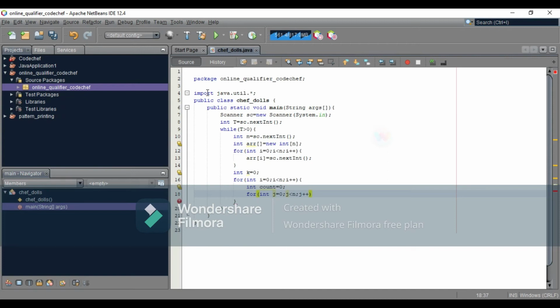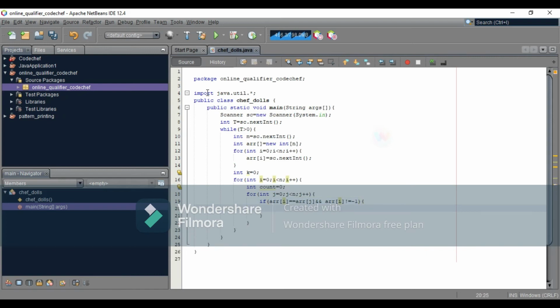And after that we have to check a condition: if arr of i is equal to arr of j and arr of i is not equal to minus 1.